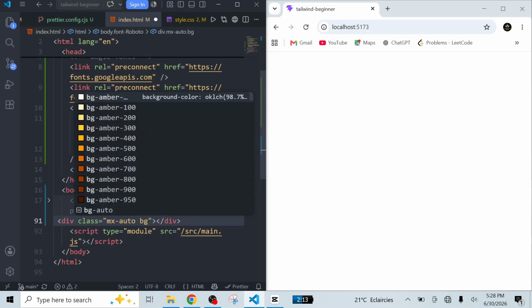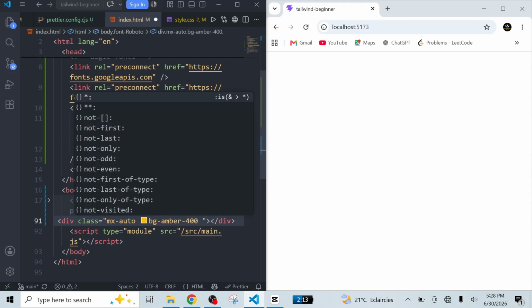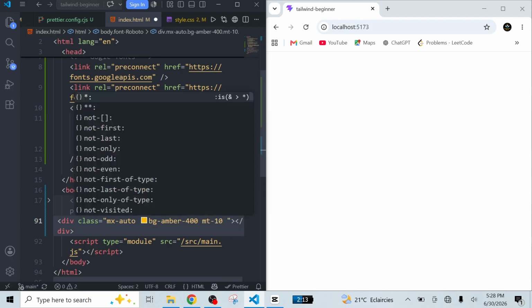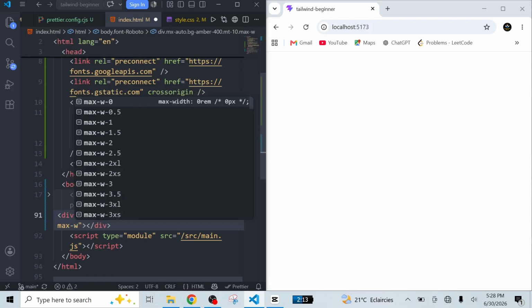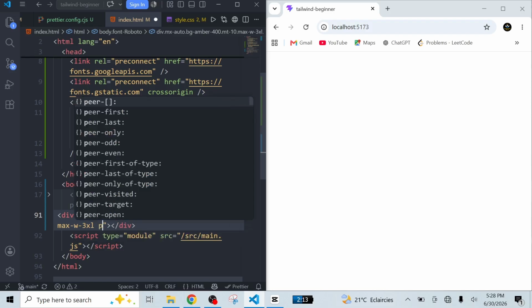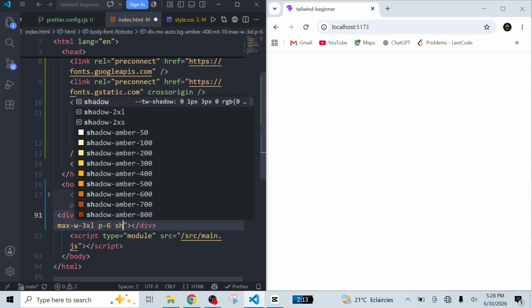Then I'll also give it a background color so you will see what I'm talking about. Give this background color, and we want a margin top of 10, and we want it to have a max width, max-w-3xl, and we want it to have padding on all sides of 6, and we also want to give it a shadow